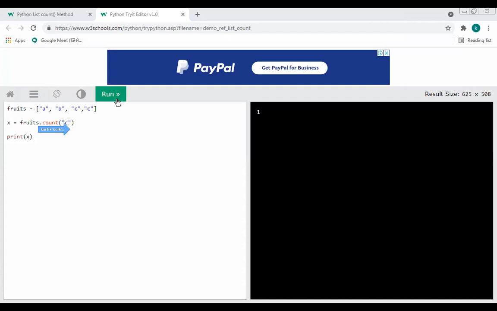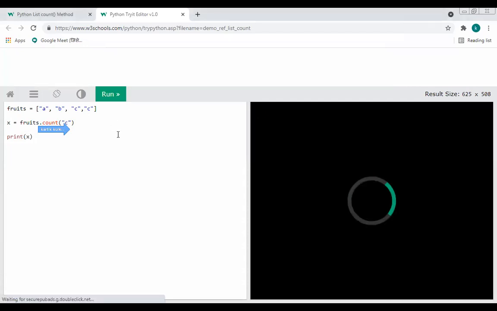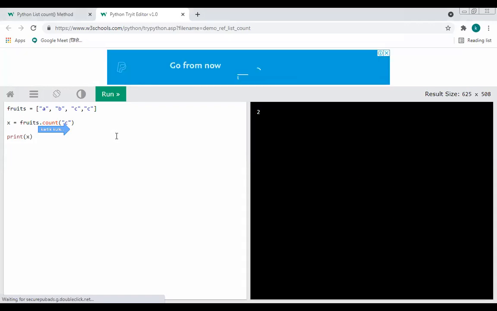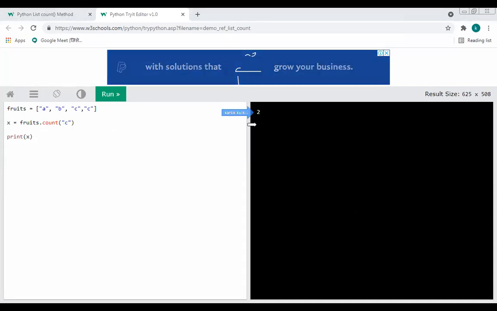Now I will execute this program. You can clearly notice that we got 2 here. So what does this 2 tell us? It tells us that the C is repeated 2 times in the given list, fruits.